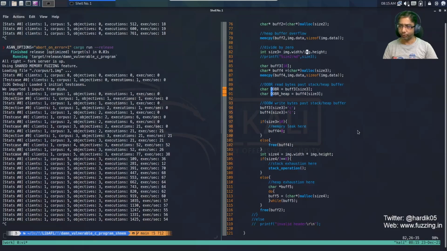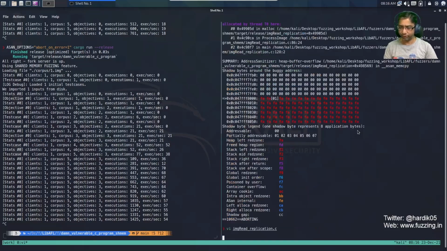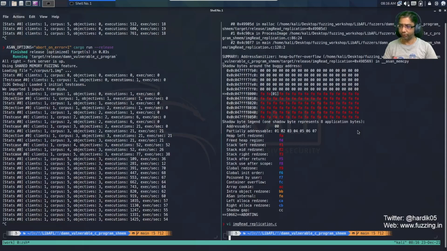So whatever result you get will be stored in size 3, and based on that, the malloc call will allocate the memory. So the root cause seems to be that this size 3 is very small compared to img.data, and that's why it is causing a crash. So this is what is leading to our heap buffer overflow over here.